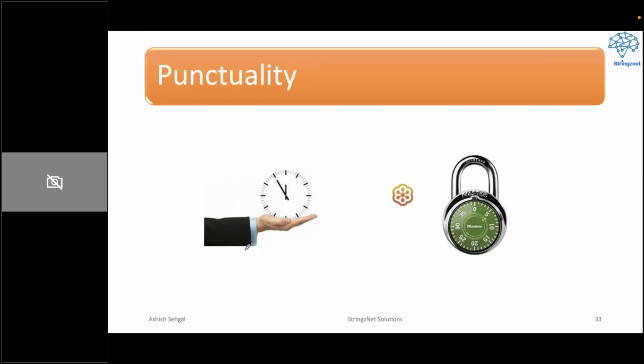Punctuality is key to our success. I don't want to lock the room, but I would really appreciate punctuality. It will help you. I always try to start the class 15 minutes before, and I don't like waiting for my friends to join,